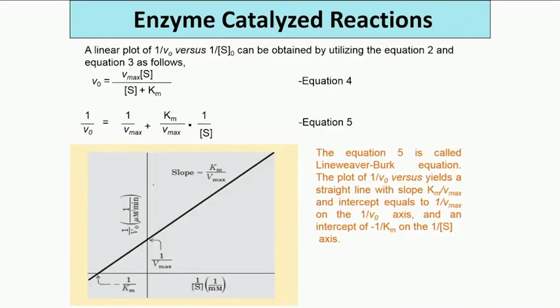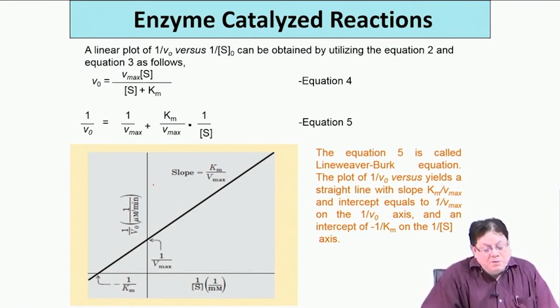Now we also introduced this double reciprocal plot, to show how we can get the values of Km and Vmax. That is done by doing a double reciprocal plot, a Lineweaver-Burk plot. You know that this is done by taking the reciprocal of the equation that you get directly from the Michaelis-Menten equation, and you get a straight line. So 1 by V0 versus 1 by S will give a straight line like this. Remember, this V0, I told you, is the